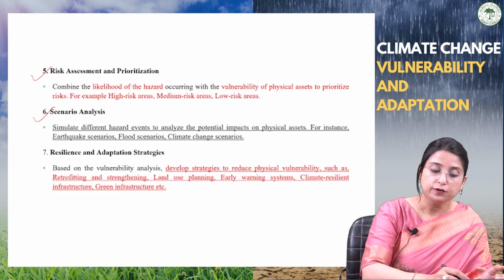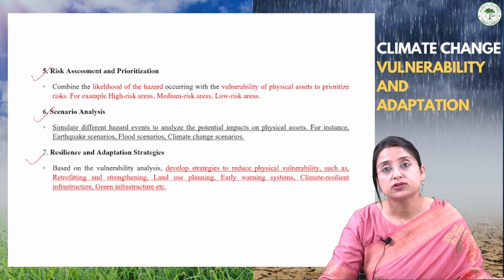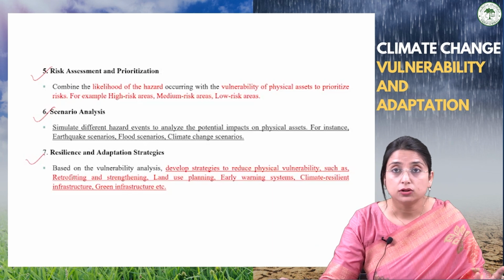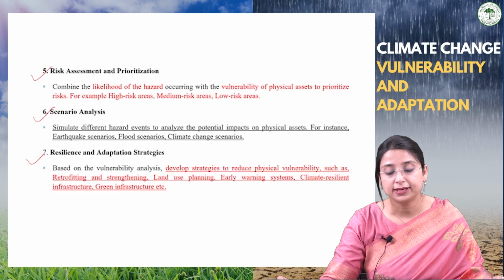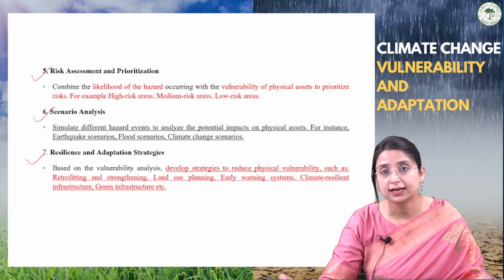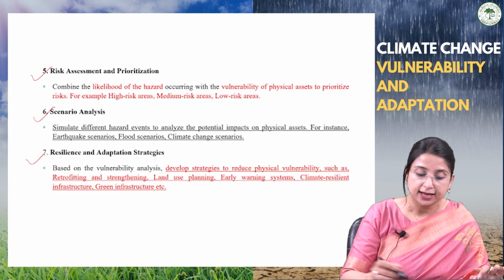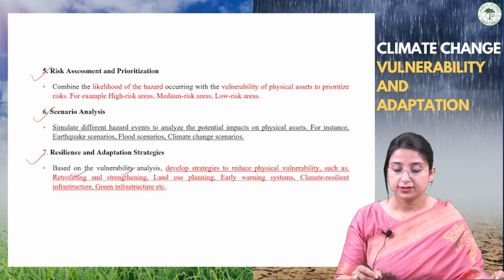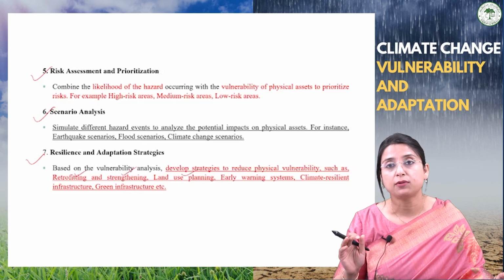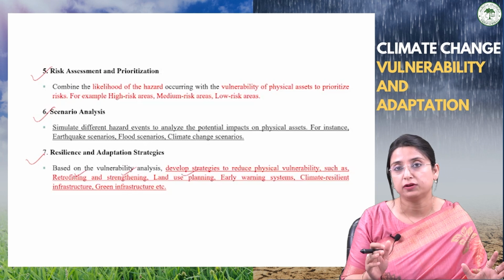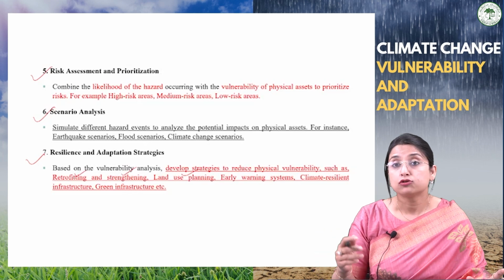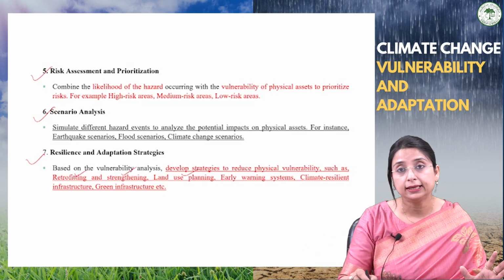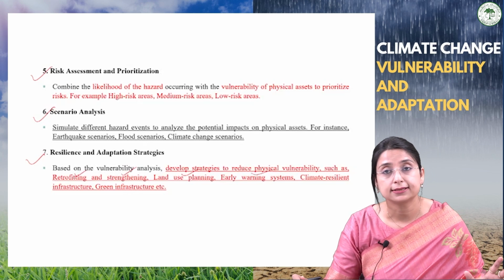And lastly, we proceed to the resilience and adaptation strategies. This is also very important. By knowing all this data, now the time comes where we develop strategies to reduce the physical vulnerability, such as retrofitting and strengthening. We may proceed with strategies through land use planning, deciding which type of land is suitable for what. Certain land may be suitable for afforestation, reforestation, agriculture, or residential purposes. So we may proceed with land use planning, and also early warning systems, which are very important